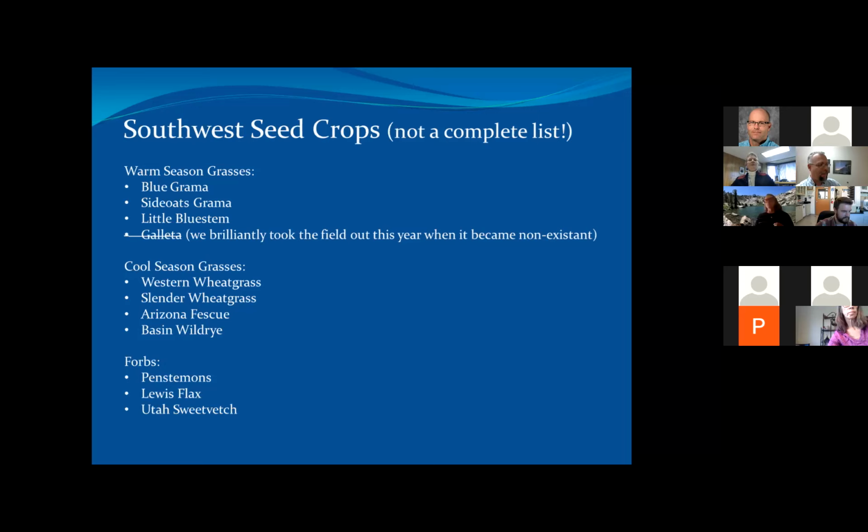There's a lot of expenses involved in native production, period. The forbs, we're pretty good at farming some of the penstemons, Lewis flax, Utah sweet vetch. I don't know if everybody got to see our biography, but my brother, who is the farmer side of our operation, has this belief system that you can see our Utah sweet vetch fields from the space station when it flies over. I do know that he's also encouraged some of the passenger planes going around to pull a U-turn to come back and check out his Utah sweet vetch field. He's rather proud of it.